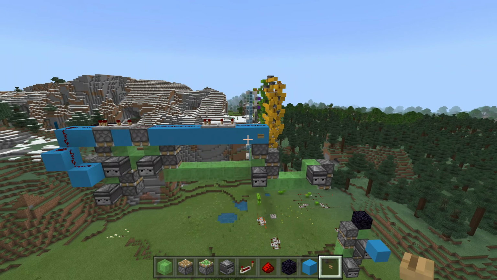So basically you have 4 slime blocks like this in this shape, and then you have 2 sticky pistons facing up. And then 2 sticky pistons facing down, like this. And then on the up sequence,